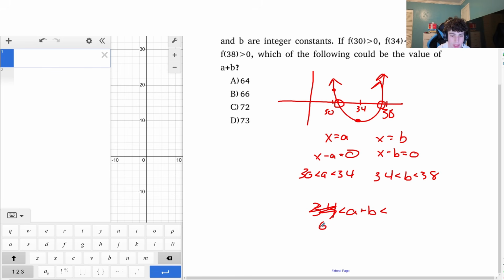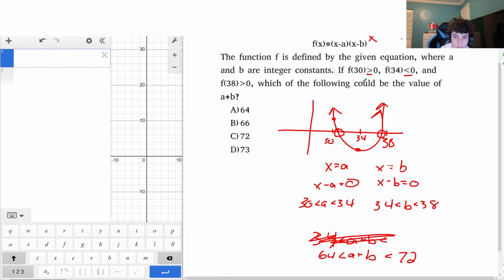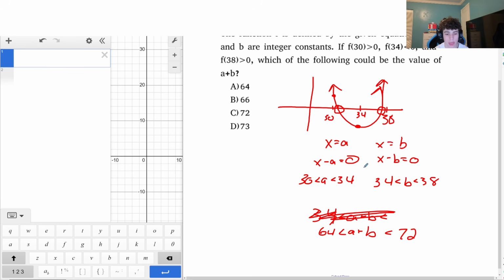And then if I have the max, they can both be 34 and 38, that's going to be less than, and this should actually be 64, sorry. So 64 is less than a plus b. And then that is less than 34 plus 38, which gives us 72. So any value in between these, but not including them, right? These do not have greater than or equal to, less than or equal to, so we cannot determine that they will be equal. And so 64 is less than a plus b, and then it is less than 72, and so the answer there is just going to be